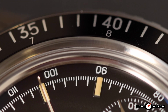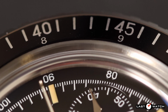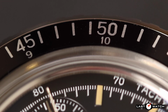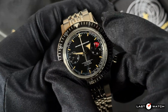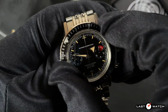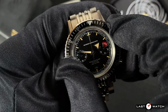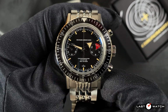Look more closely, and within the 5-minute markers you will see further Arabics for the hours 1 through to 11, a reminder that this watch is not only a dive watch but also an aviation or pilot's watch. The bezel can be utilised for a second time zone if required. And just to emphasise its use, it's also bidirectional, moving quite freely both clockwise and anti-clockwise. There are no audible clicks, but if you apply slight pressure, you can feel the friction of the spring and